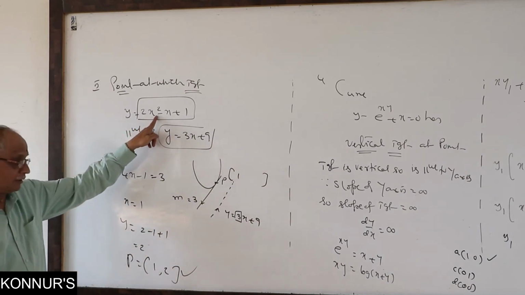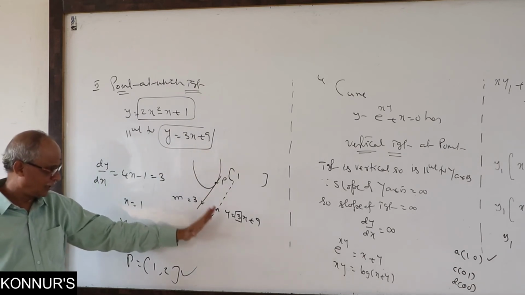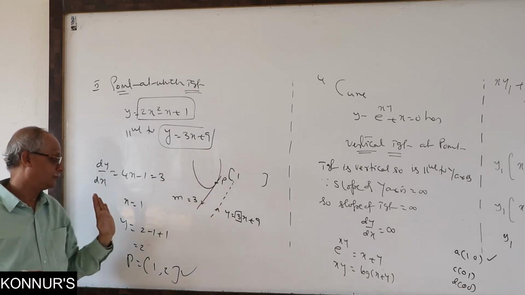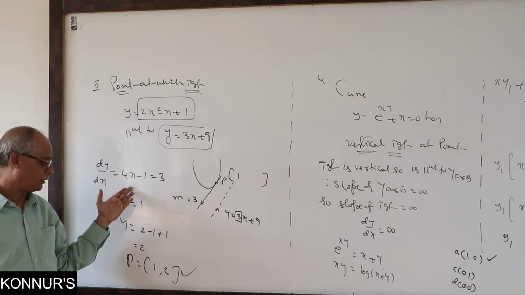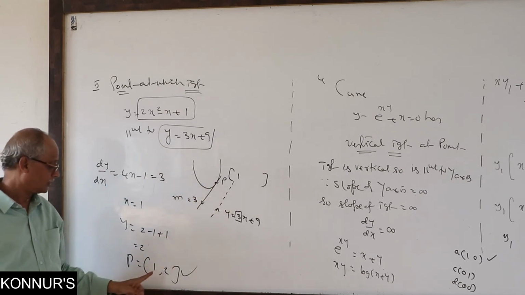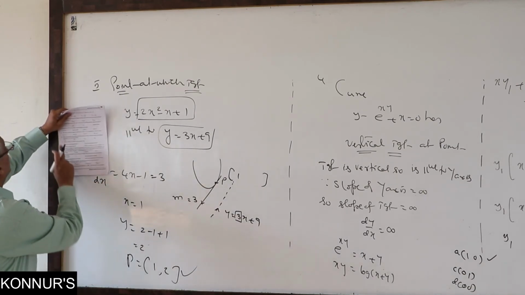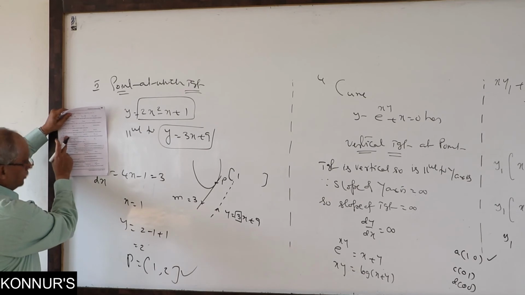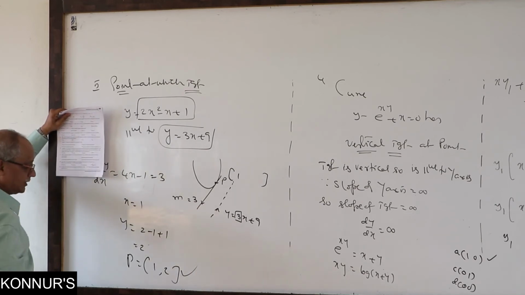One parabola is given. One line is drawn somewhere. For this line, there is a parallel tangent. Slopes are equal. Slope means derivative. This gives the x value. The point lies on the curve. Substitute the x value. That gives the y value. So the answer must be, what are the options? 2, 1; 1, 2; 3, 9; minus 2, 1. Okay, hence the second option is correct.